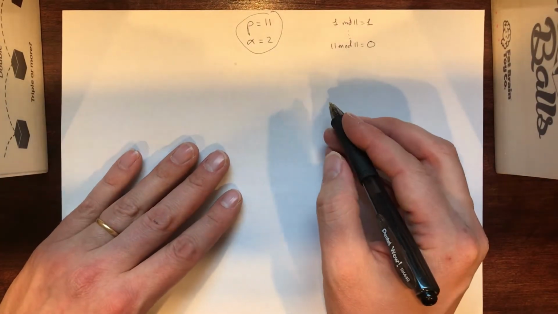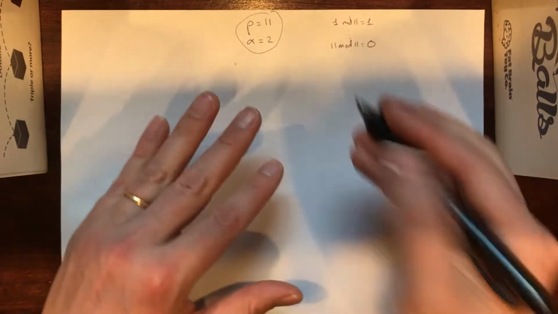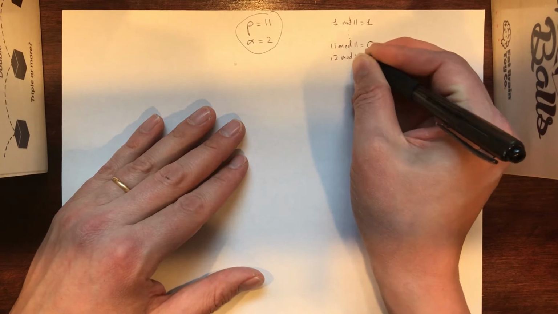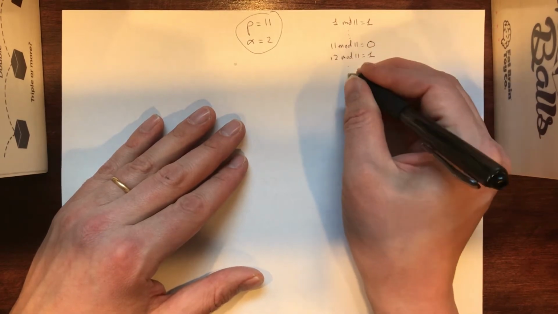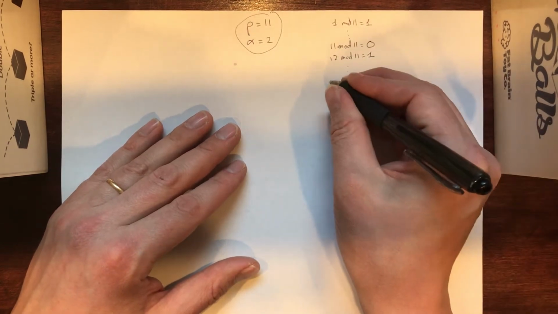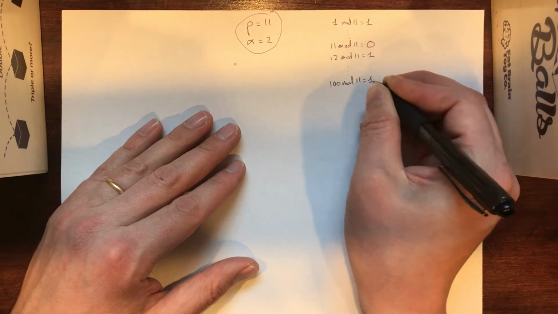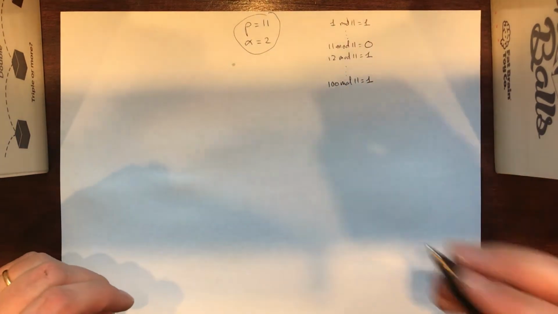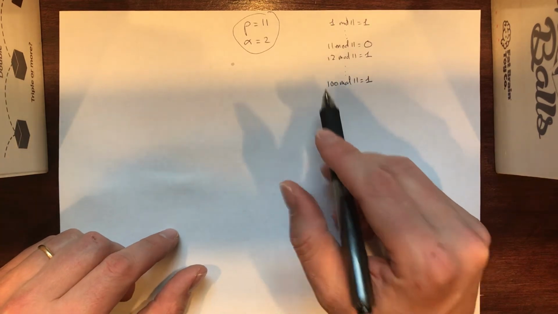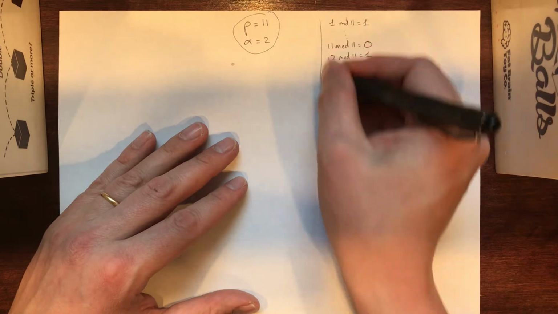You go back to 0, just like the time goes back to 0 at midnight, right? And then naturally 12 modulo 11 equals 1, etc. So it keeps going. 100 modulo 11 equals 1. Why? Because 9 times 11 equals 99, plus 1 is 100. So it's really the remainder, if you want. So that's the modulo